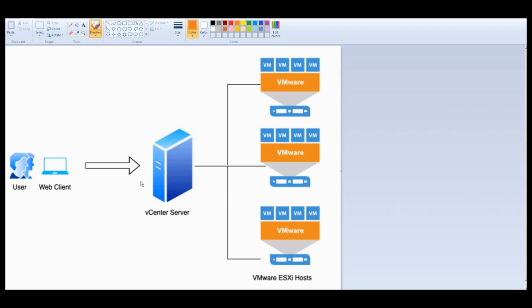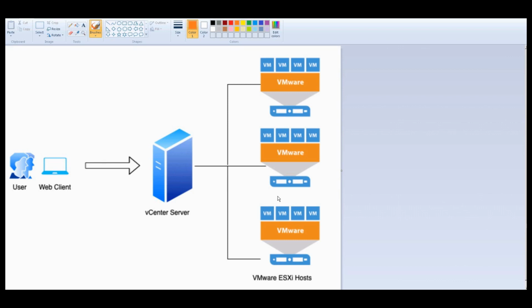Now, when I say centralized location, it means that it acts as a central administration point for ESX hosts and respective virtual machines. As you can see on the screen, I am a user accessing the vCenter server through my web client, and this vCenter server at a centralized location can manage all my ESX hosts.